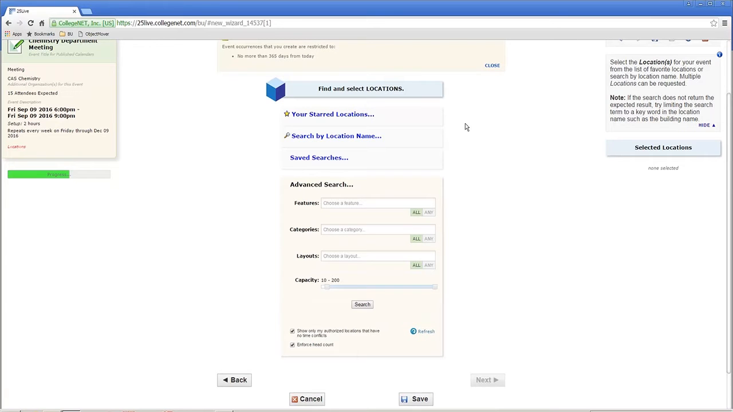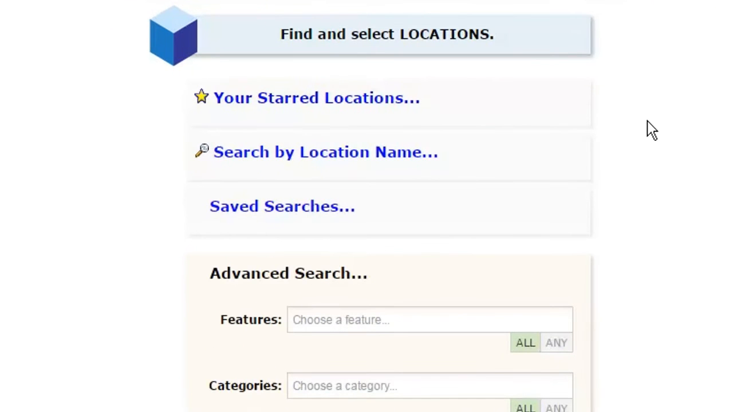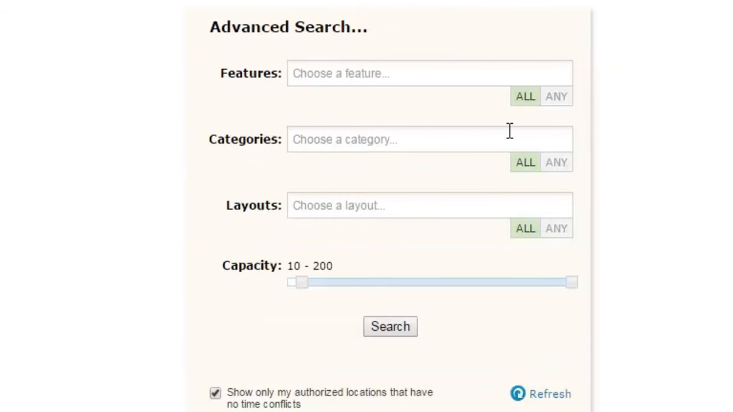This might be by visiting the location page and seeing what type of space it is. The space owner may have indicated on that page whether use is limited to certain populations. If there's a space that you've historically used and request regularly, I would recommend starring that so that it comes up first in searches. You can also run an advanced search by specific categories, such as